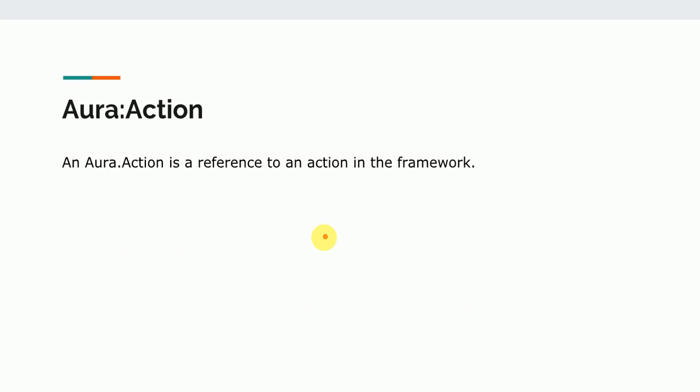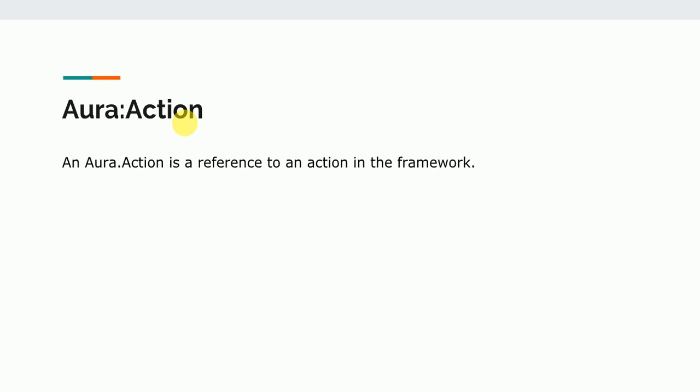Now let's go ahead and see how aura action works. Aura action is a kind of attribute type; we have different types of attributes for aura attribute, that is string, array, list, object, integer, sObject, or any custom class. So aura action is a type that is mainly responsible for calling the parent controller method from the child component.